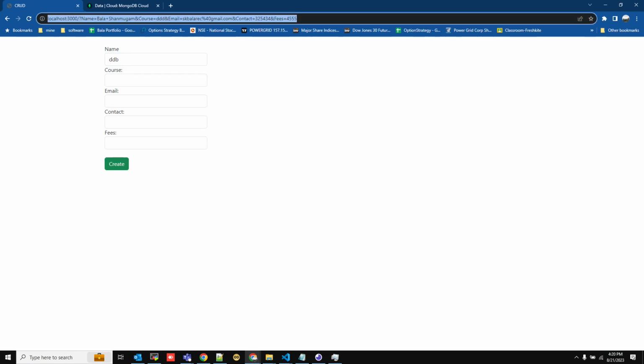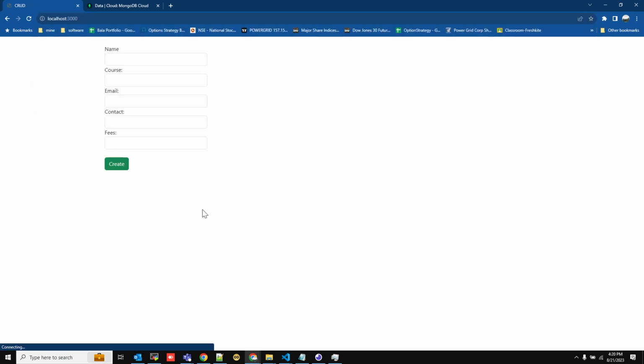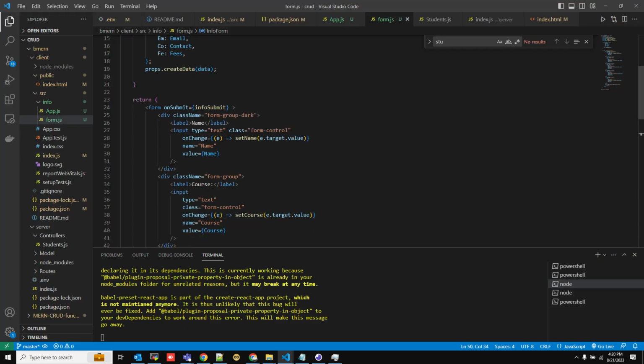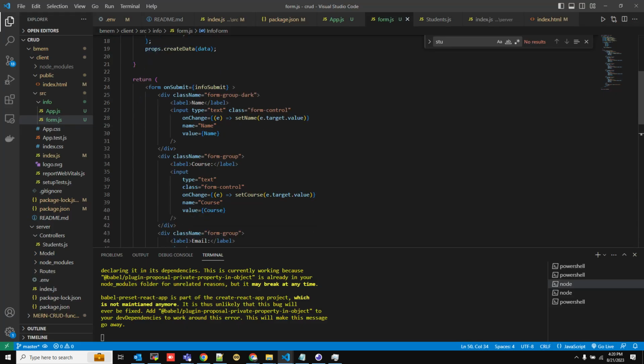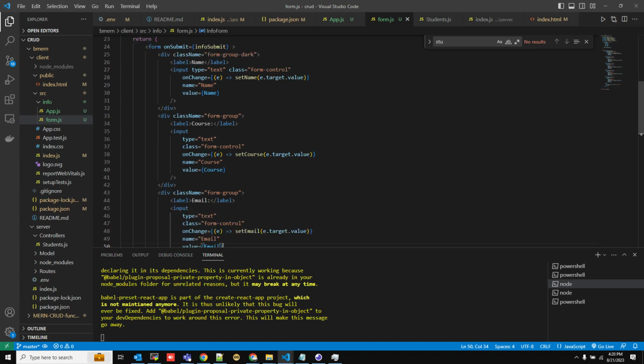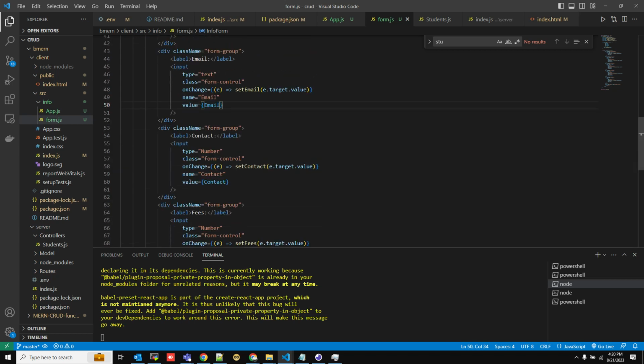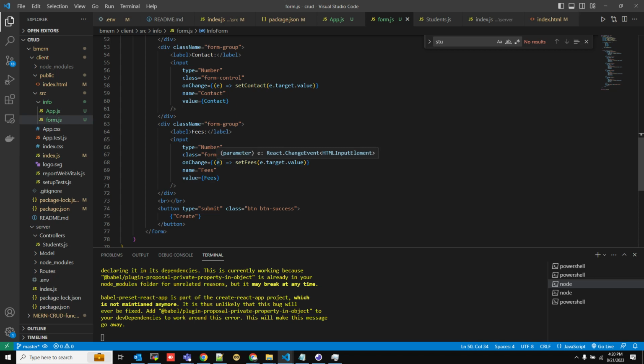Let's do a refresh. There is not much difference we are seeing here. The form group div is there. So this is the way we are collecting data. Once I click create, once I click the submit button, what happens is,